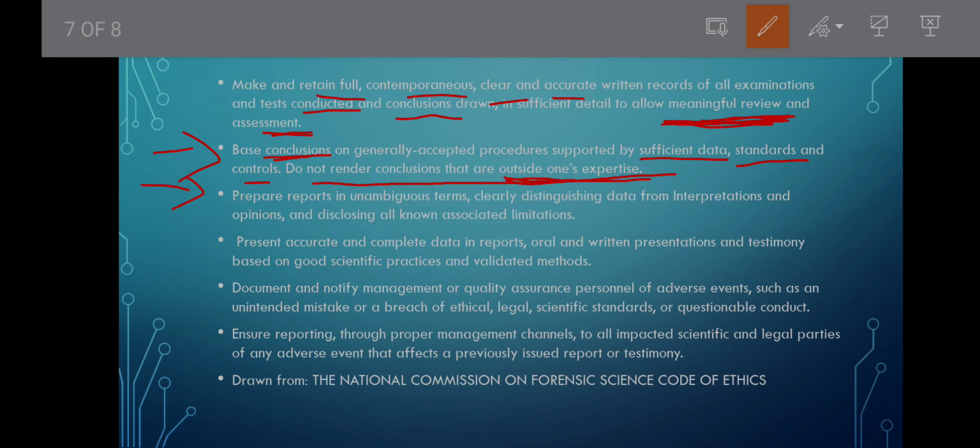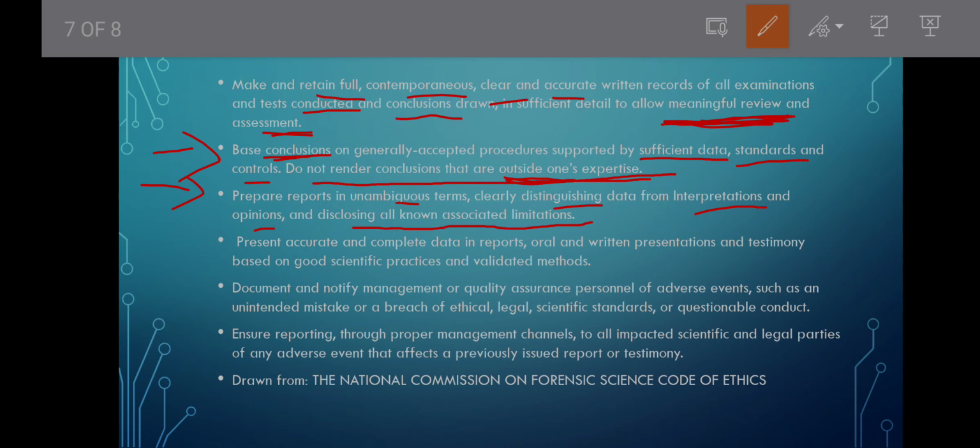Then next, moving on to the next point, that is, prepare reports in unambiguous terms, clearly distinguishing data from interpretation and opinions, and disclosing all known associated limitations. So unambiguous terms means what? You shouldn't use very hi-fi terms that are not understandable by the local public. Whatever report you are giving will be presented in front of the local public, right? Or if you are called as a forensic expert in a court of law as an expert witness,